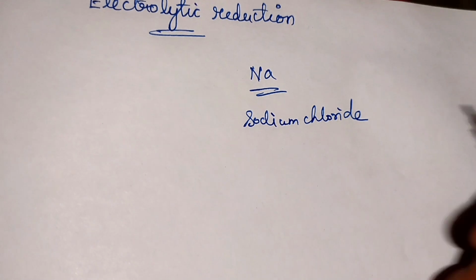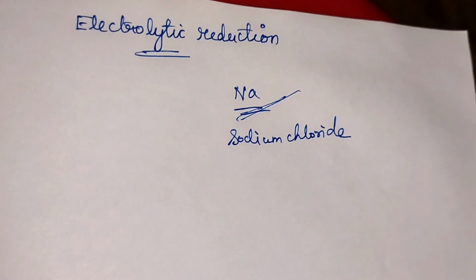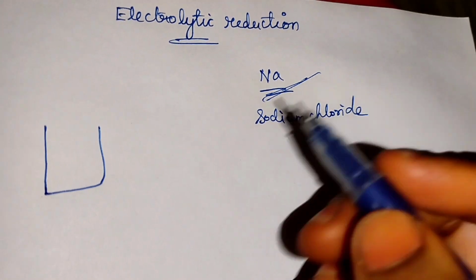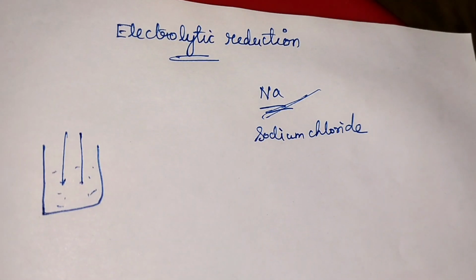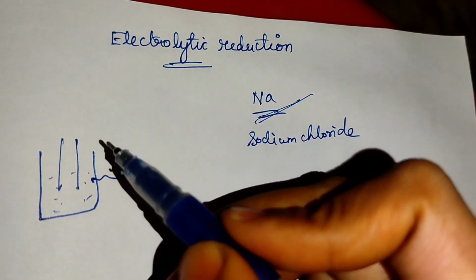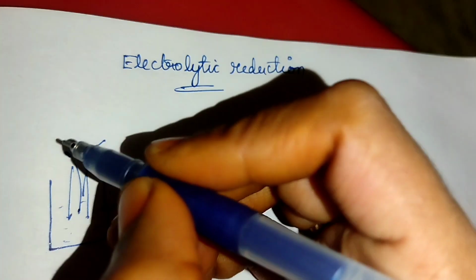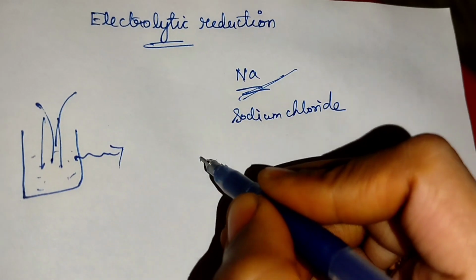As I said, these metals in the form of molten chloride are separated by using electrolytic reduction. In electrolytic reduction, in one beaker the metal salt solution will be there, and we insert two electrodes, cathode and anode. Then after passing the electric current, what will happen? The pure metal will go to one side and the impure metal will go to another side. The pure metal goes to the cathode side and the impure metal goes to the anode side. So at the cathode,